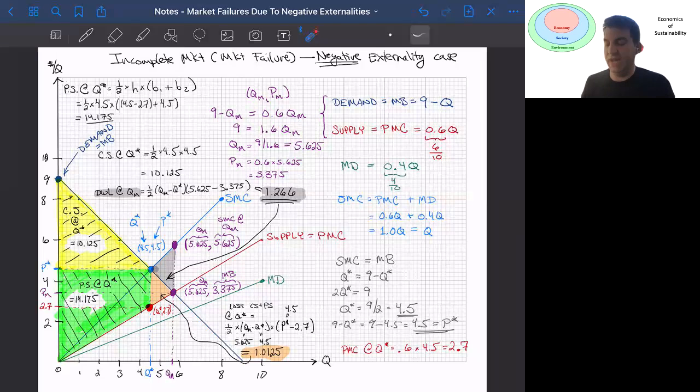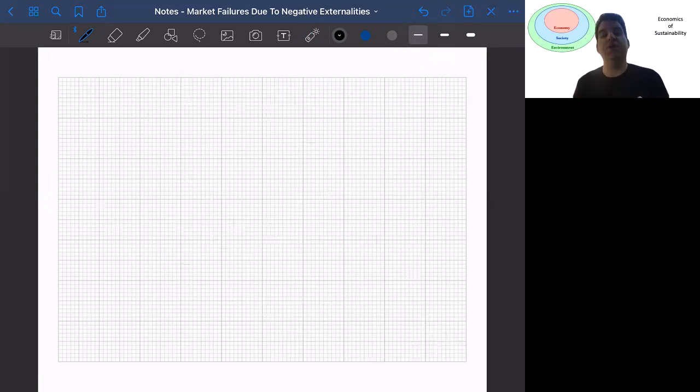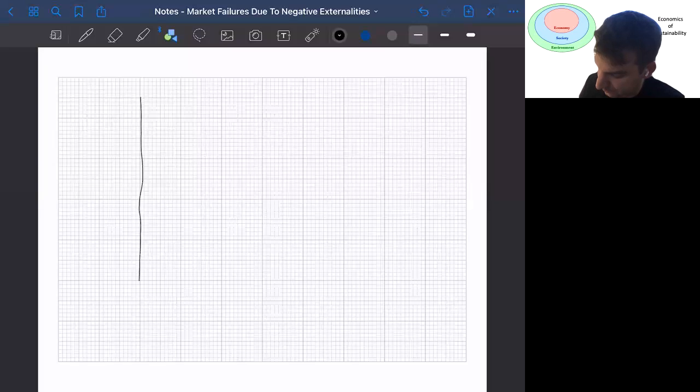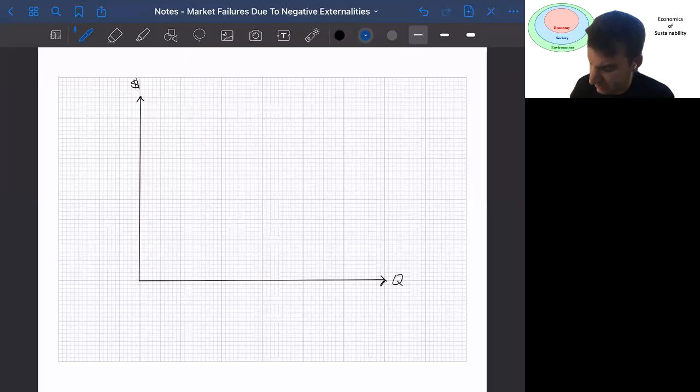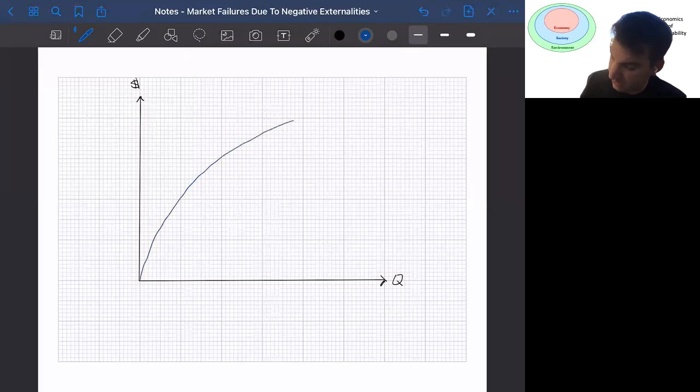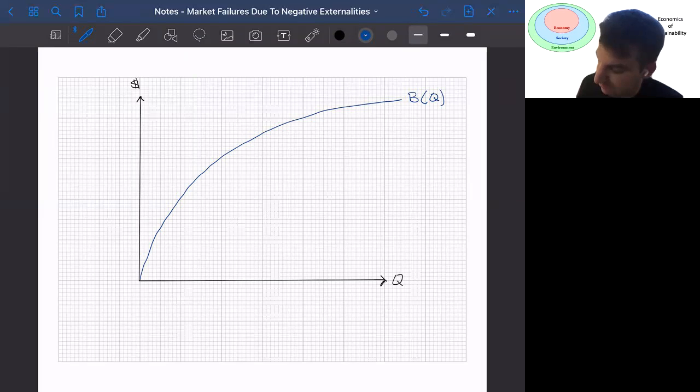To put that one more way, as I'm just going to put on a different page here, if you remember that back before we started drawing these marginal benefit and marginal cost curves, when we actually considered the total benefit and total cost, then we would get plots that looked like this one. So if we view this in terms of quantity, and this in terms of dollars, not dollars per Q, but actually dollars, then what we find is that the total benefit rises and tapers off like that,